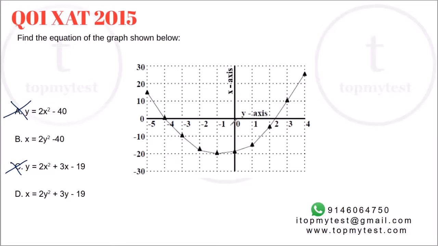Now, if you put y equal to 0 here, x comes as minus 20. If you put y equal to 0, x comes as minus 19. If you put y equal to 0, x comes as minus 40. Obviously, this is a better answer. Option D is your correct choice. Key point: don't mix up the x and y axis. Realize that the x and y axis are not the same as what is usually given to you. That's the trick of the question. Other than that, it's pretty straightforward.